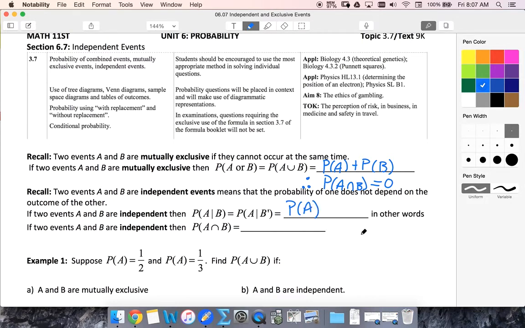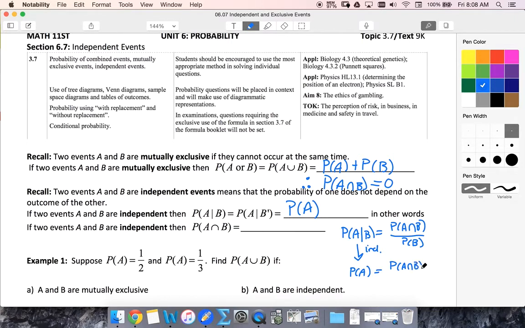So if we think about our normal formula, probability of A given B was the probability of A intersect B divided by the probability of B. But now if that's independent, then this is just the probability of A, which means that